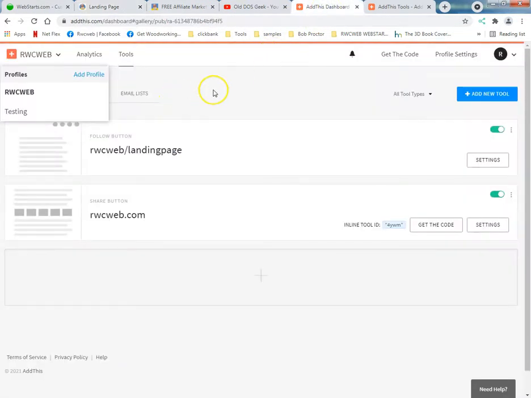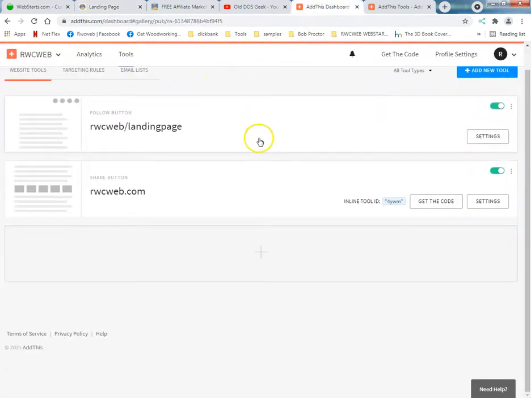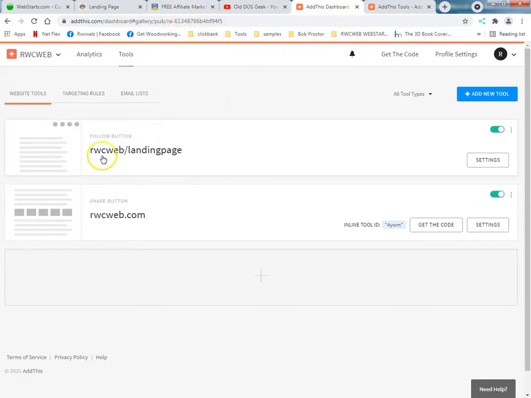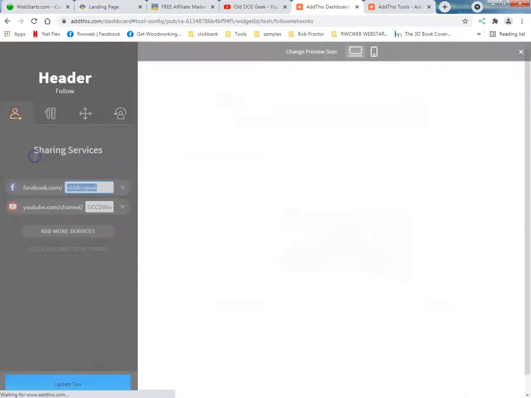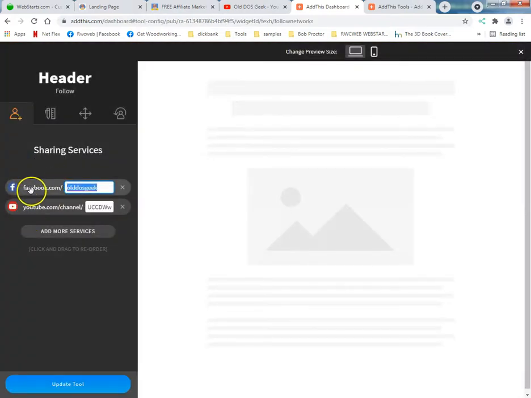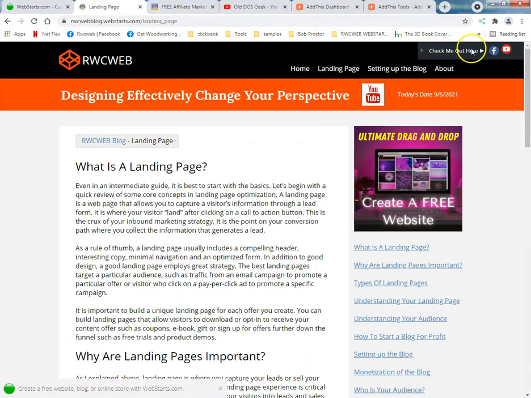Now, this is the dashboard. Now, this here, what you could do, it's just so easy. This here is this right here. Oh, look, you can make it go away. How about that? I would imagine if that was on a white background, you'd be able to see that better.